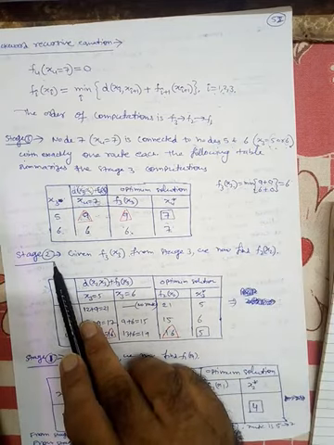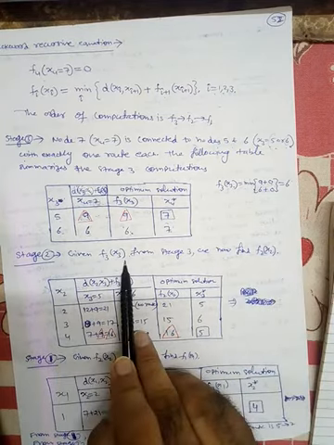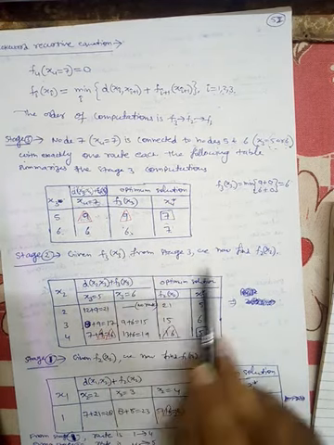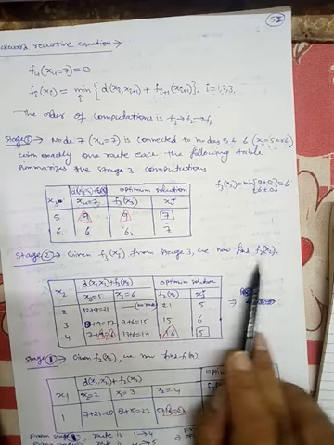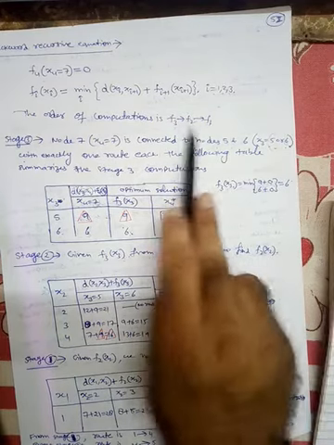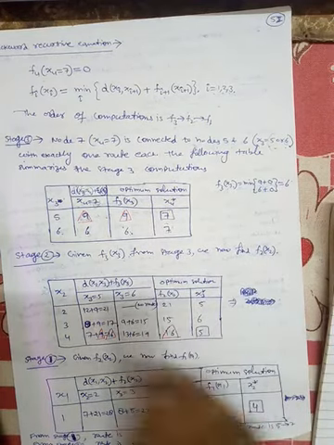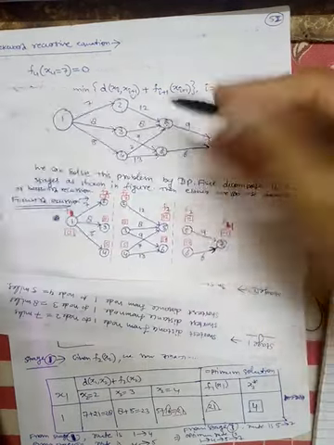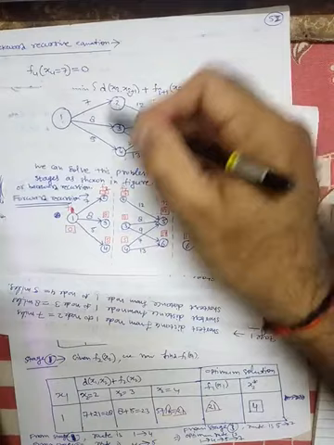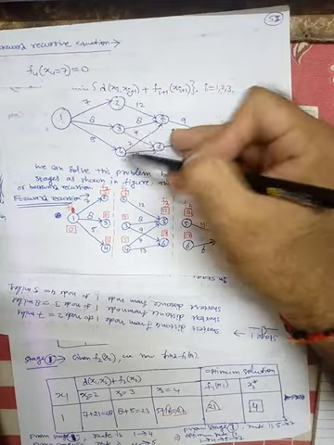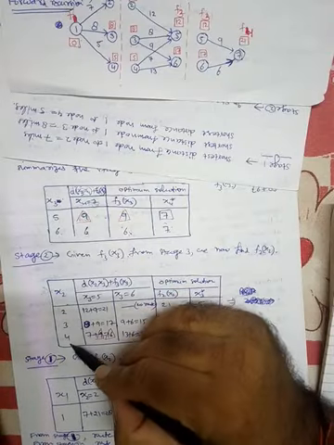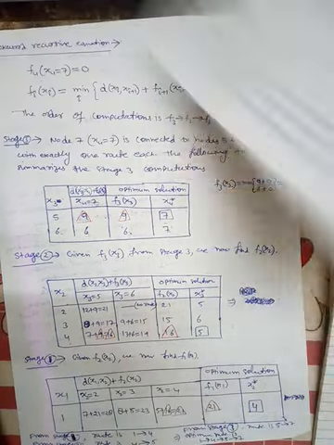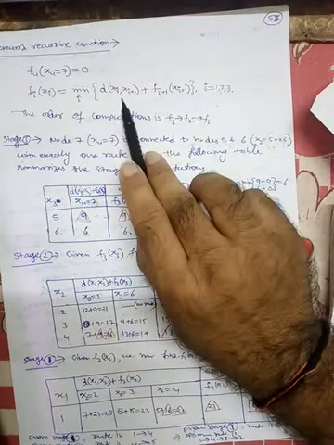Now stage number 2, given F3 X3. अब आपके पास F3 X3 आ चुका है, अब आपको F2 X2 कैलकुलेट करना है। F2 X2, फिर construct the table. What is the values of X2 from here, this is X4, this is X3, this is X2. X2 means 2, 3 and 4, so 2, 3 and 4। Now calculate D X2 X3 according to this, put i is equal to 2 here,